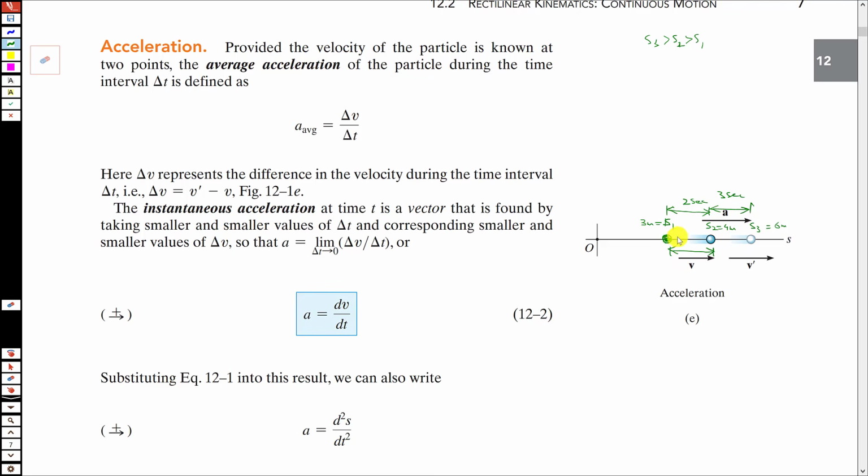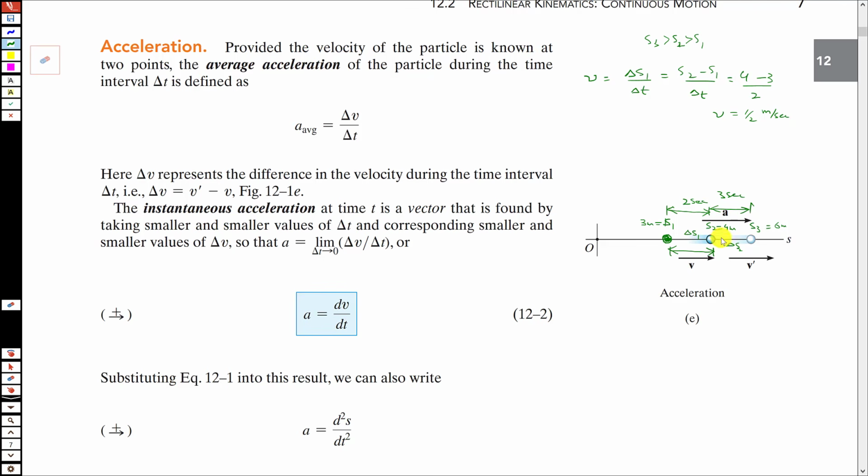So if you want to find the velocity of this particle from s1 to s2, what will be the velocity? Let's say that during this interval the velocity is v, right. So then v will be delta s1 divided by delta t. So let's say that from this point to this point this is delta s1, and from this point to this point this is delta s2. So delta s1 will be s2 minus s1 divided by delta t. So s2 is 4 meters minus 3 meters divided by delta t. Let's say it took 2 seconds, so this will be 1 by 2 meter per second, right.